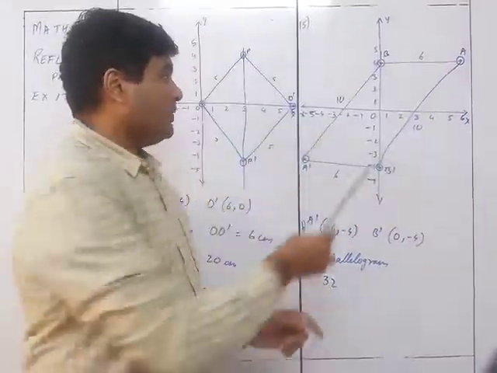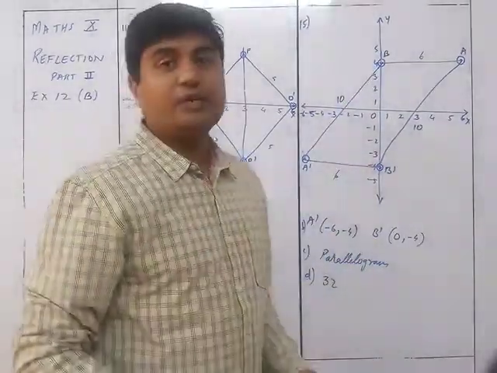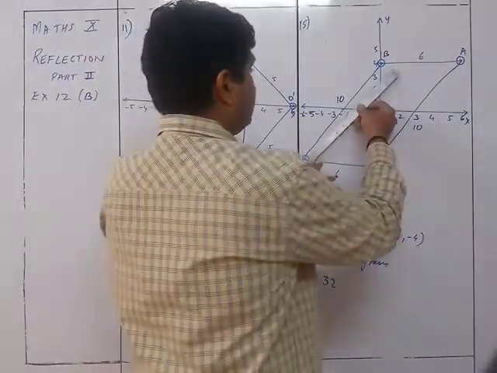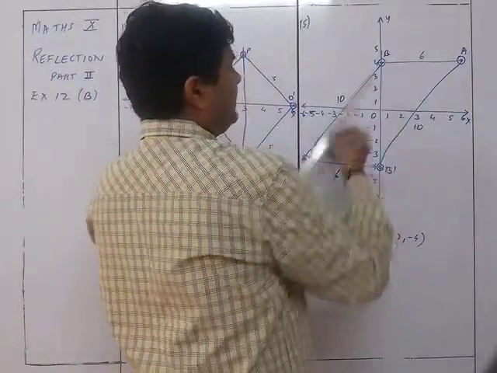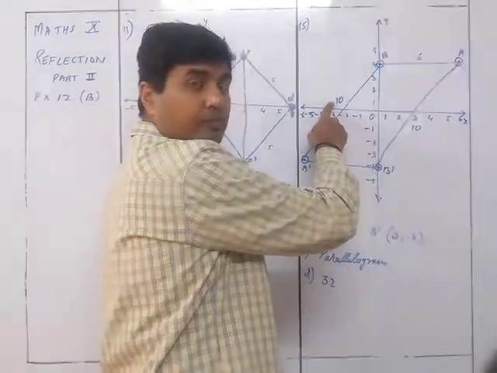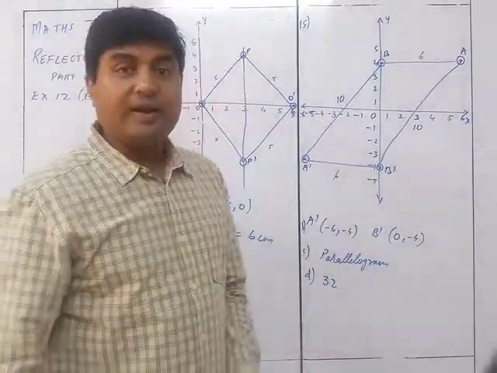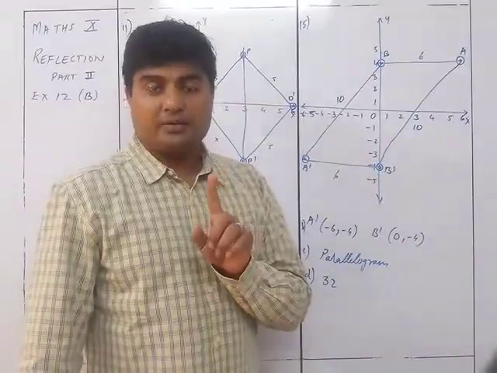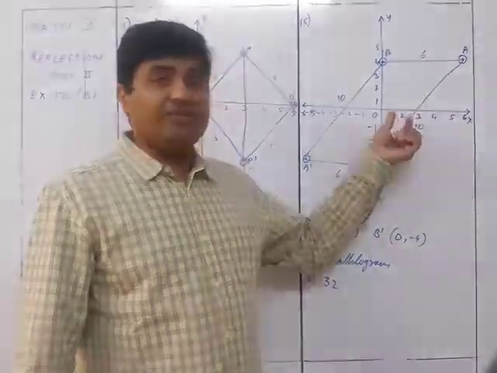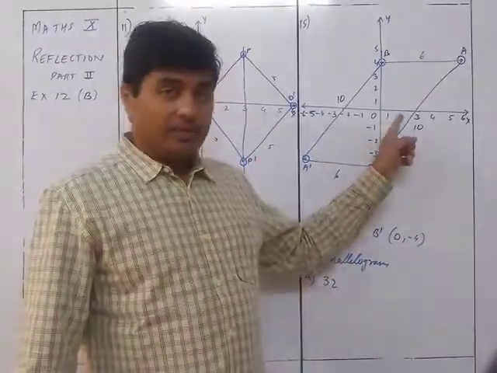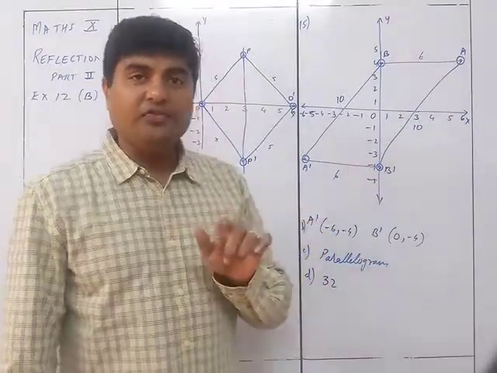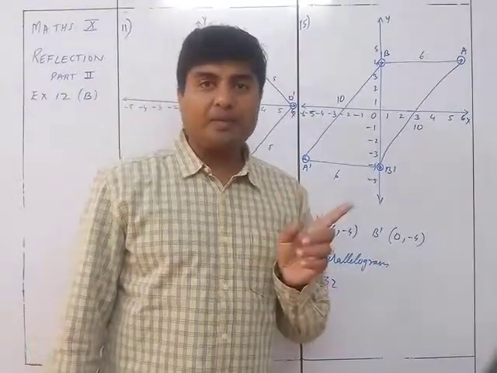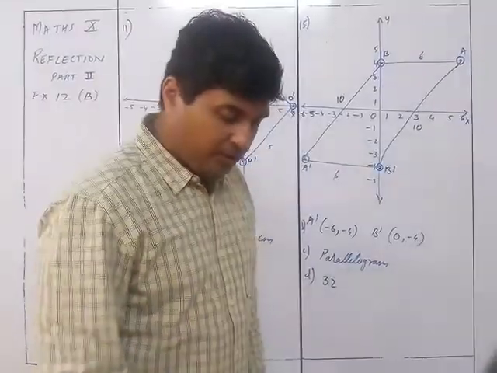Suppose when you measure this, you get, let's say, 40. Then you halve that, so it is giving you 20. Like for example, when I measure this thing, I get this as 30. So if this is 30, it will be 15. Got it? So you have to take into consideration the scale. The scale is 2 centimeters equal to 1 centimeter. 2 centimeters on the graph is actually 1 unit. If you are taking the 1 by 1 graph, then you are getting the direct answer. But if you are getting a 2 by 2 graph, you have to halve that particular value. So that's important in this sum.